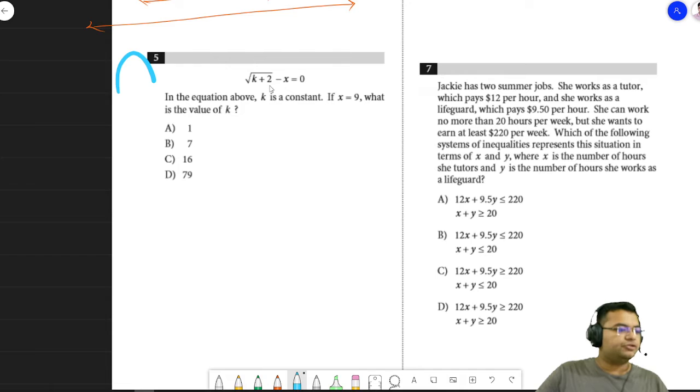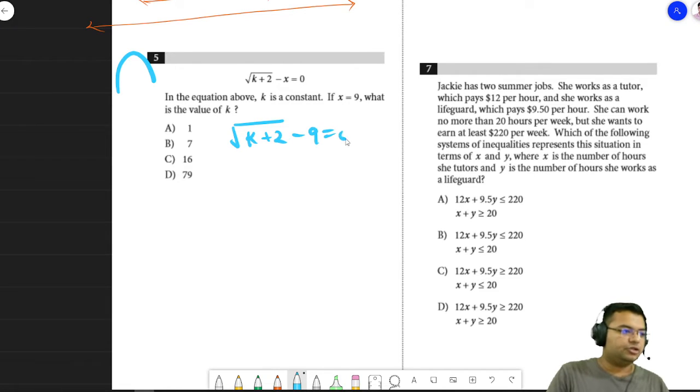Question 5. Square root of (k plus 2) minus x equals 0. In the above equation, k is a constant. If x equals 9, what is the value of k? It's a very simple question. We have to just plug in the value of x and solve it. So I can write the square root of (k plus 2)